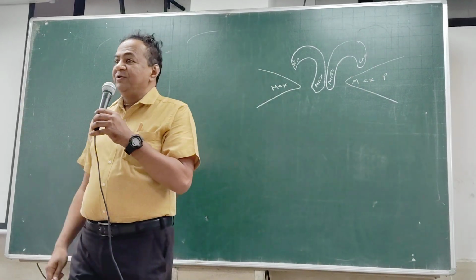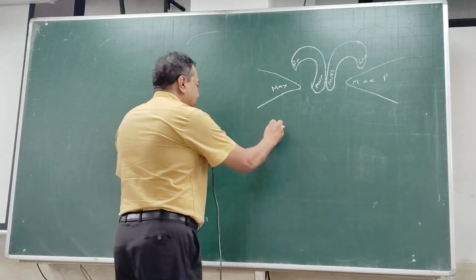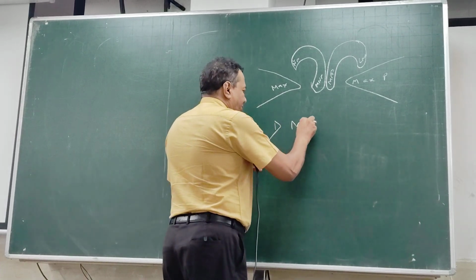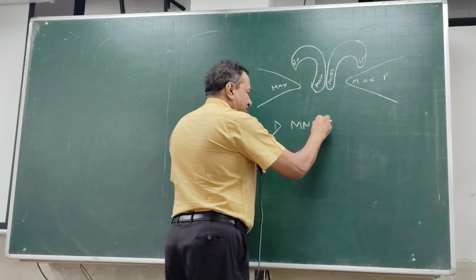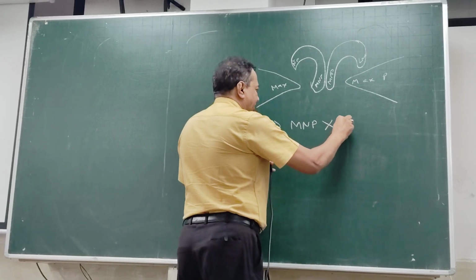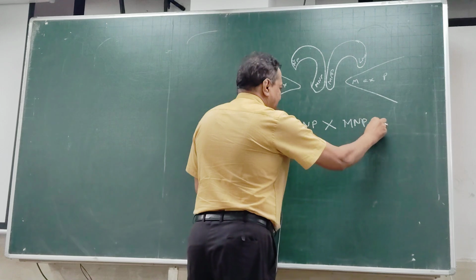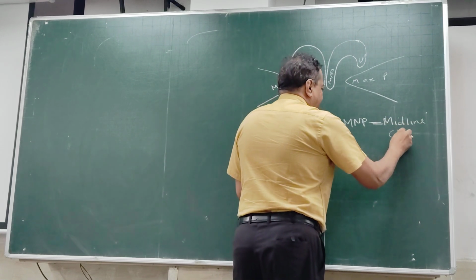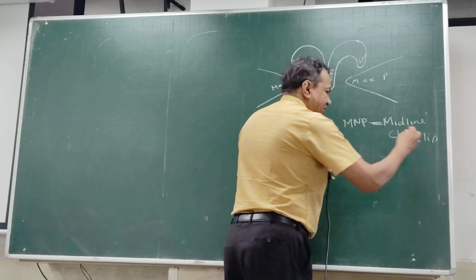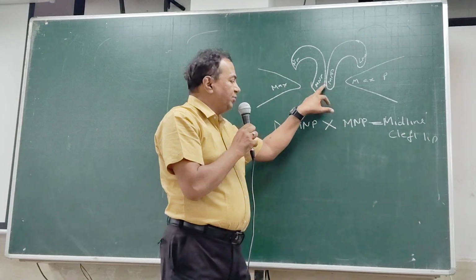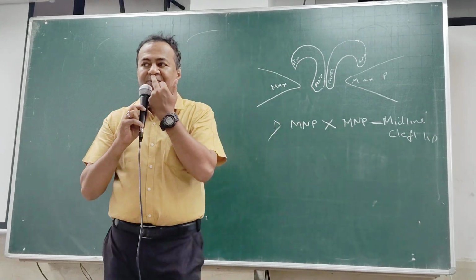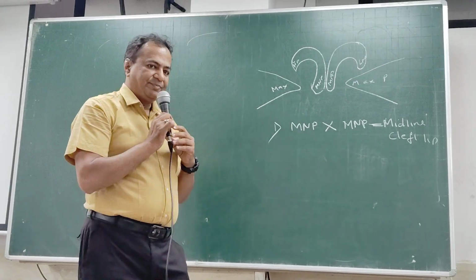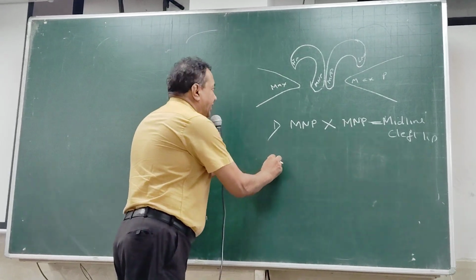There are three possibilities. Possibility number one, the medial nasal process fails to fuse with another medial nasal process. This leads to midline cleft lip. Because these two unite to form, what is this called as? Philtrum. They unite to form the philtrum. Okay? Second possibility,